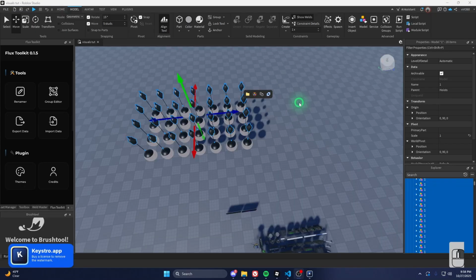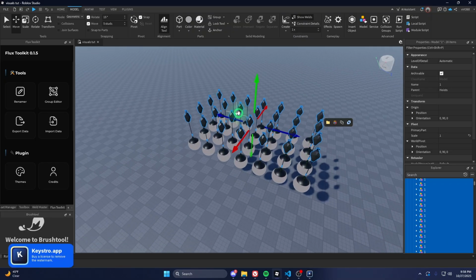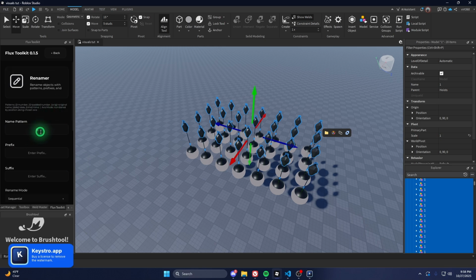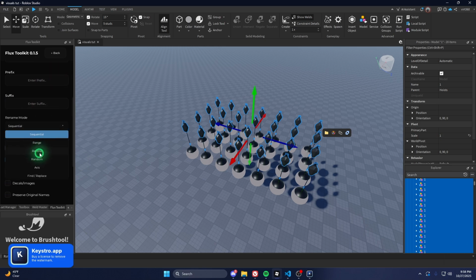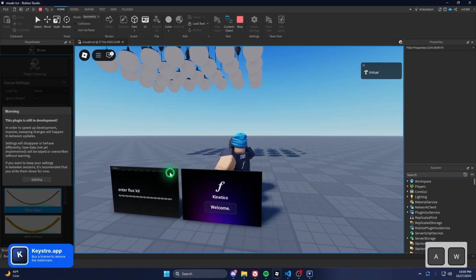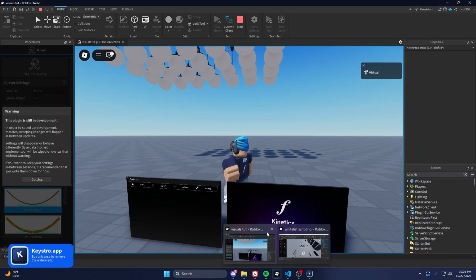By the way, just a quick little footnote. To rename the hoists until the Forte plugin comes, I would use this Flux Toolkit plugin made by Omuda. Alright, now that we have all of our hoists set up properly,